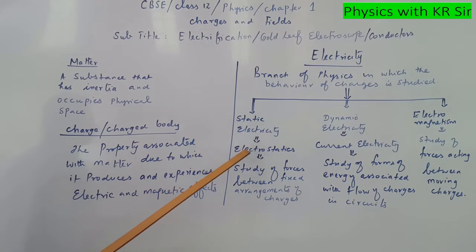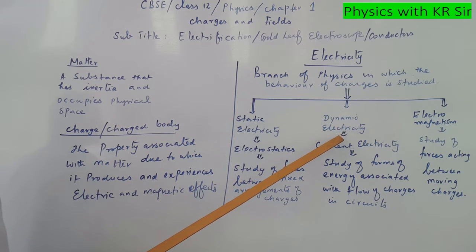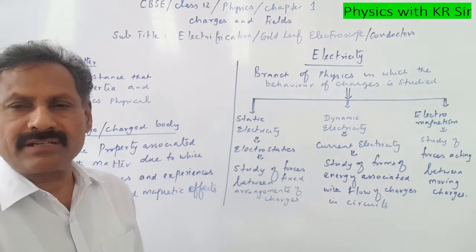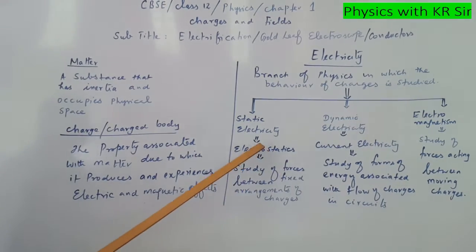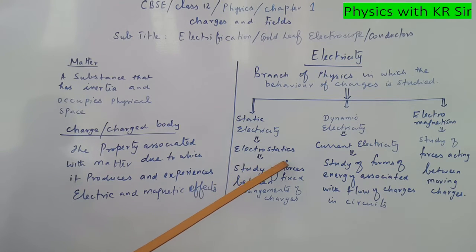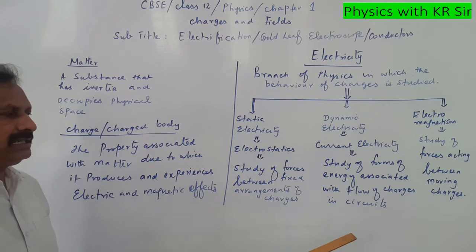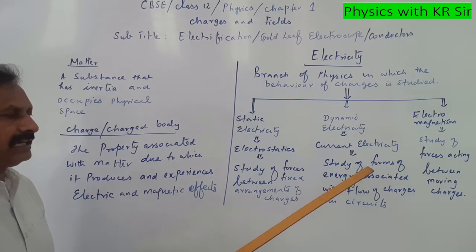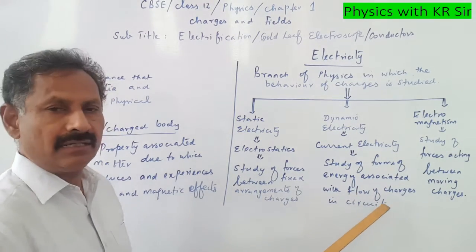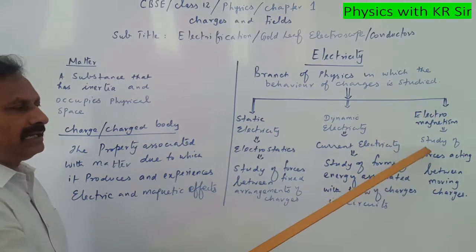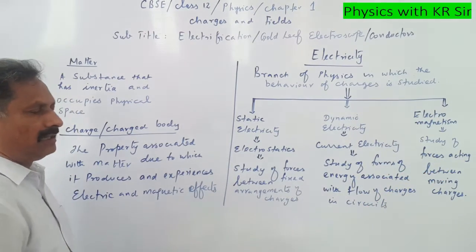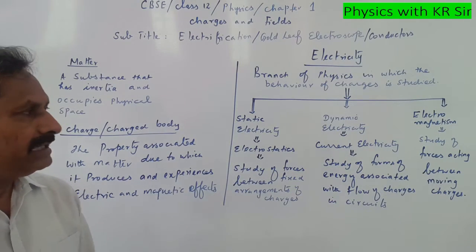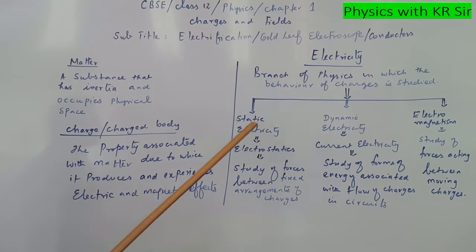Static electricity is also known as electrostatics. Dynamic electricity is also known as current electricity. And electromagnetism is linked with both electric and magnetic properties. In electrostatics, we study the forces between fixed arrangements of charges. In dynamic electricity or current electricity, we study the forms of energy associated with the flow of charges in circuits. In electromagnetism, we study the forces acting between moving charges. So these are the classifications of electricity, but in this chapter we are going to discuss